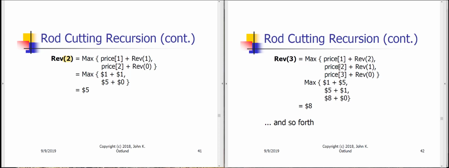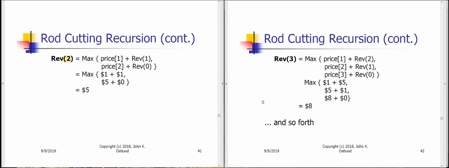And we can simply look up in our price table that we can get $1 for a 1-foot piece, $5 for a 2-foot piece, $8 for a 3-foot piece, and then we would also have to add in the maximum revenue from a 2-foot piece or the maximum revenue from a 1-foot piece in the case of a 2-foot first cut. Or in the case of a 3-foot first cut, we have nothing left, and so we get $0. Now, if we compute the maximum of these 3 possibilities, we see that $8 is the maximum revenue that we